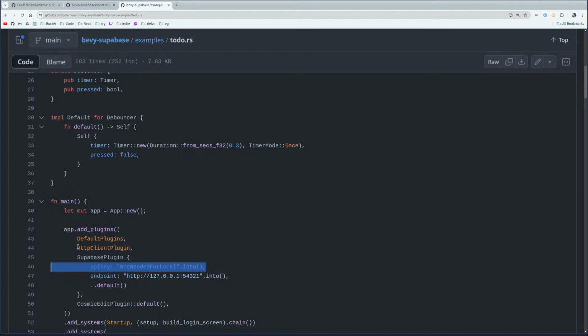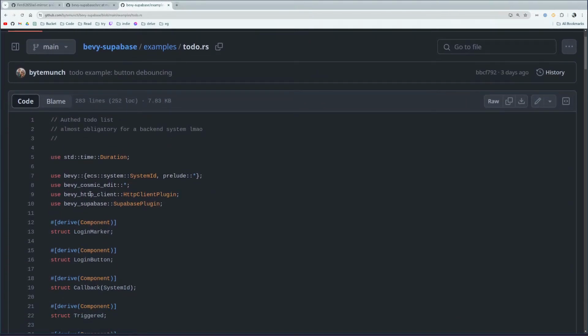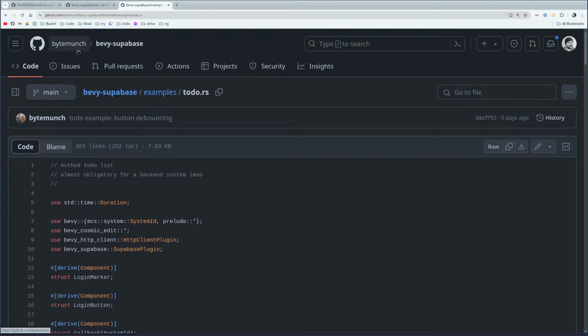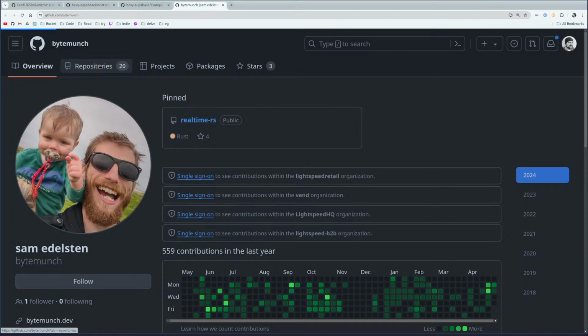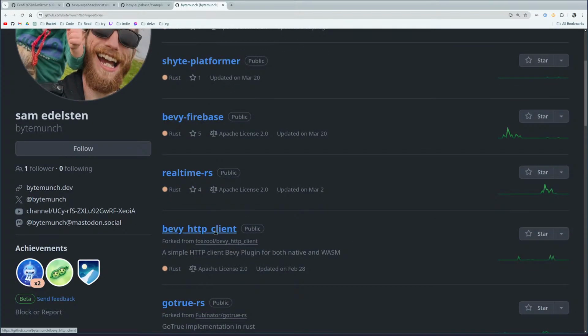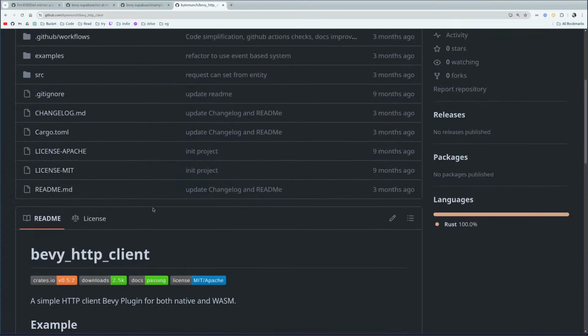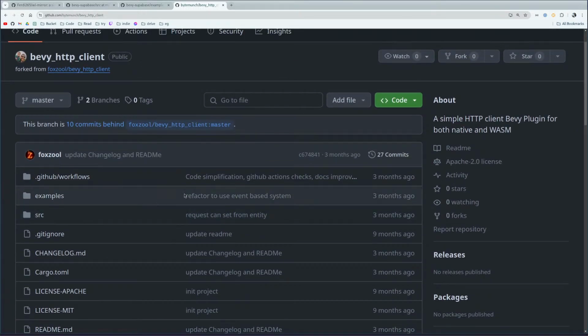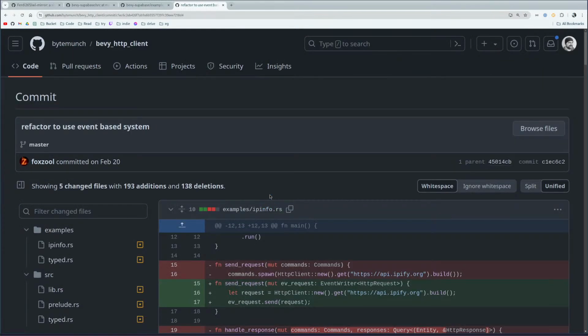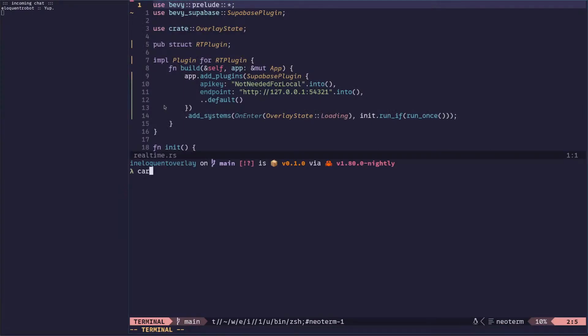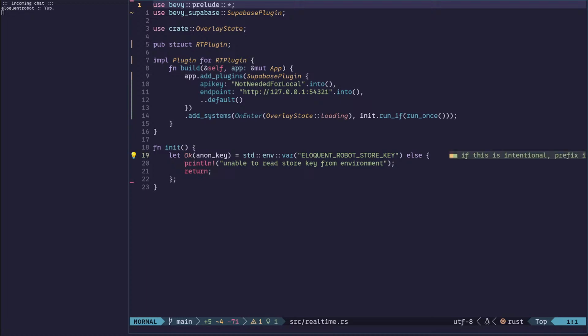Oh, HTTP client plugin. Right. I need that. Which I think is also from here, right? It's forked. Why is it forked? Okay, let's just assume bevy HTTP client is what we want. And then we'll go